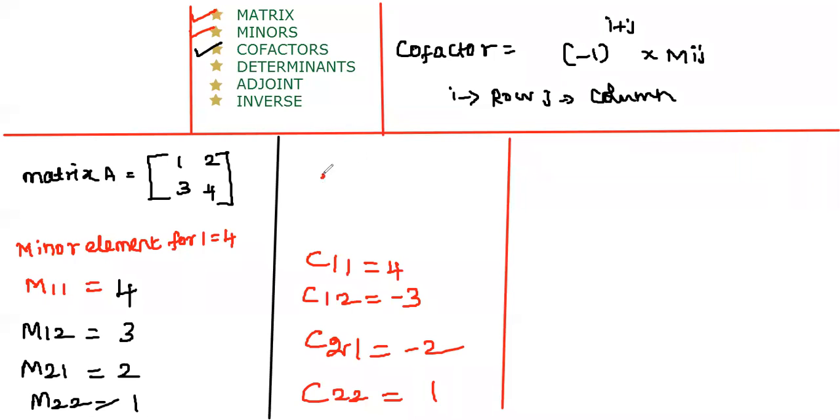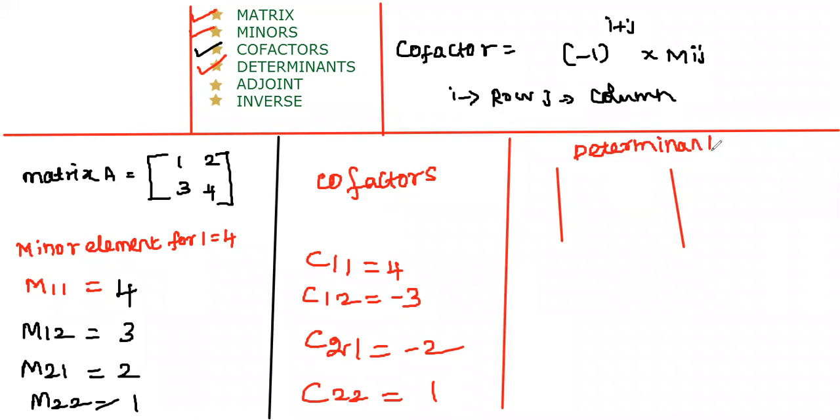So we have discussed the cofactors. Now the determinant. The determinant of a 2 cross 2 is very simple. For 3 cross 3, it is a different method. You will be expanding the determinant through its first column, first row, or second row. That we'll discuss in another session. So I'm just going to teach you the 2 cross 2 determinant now.